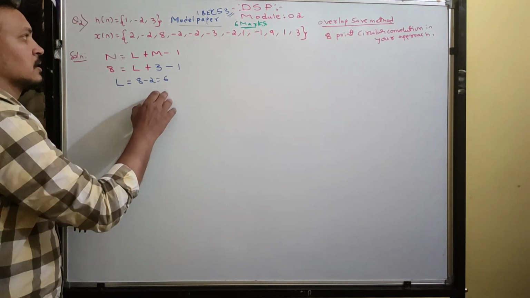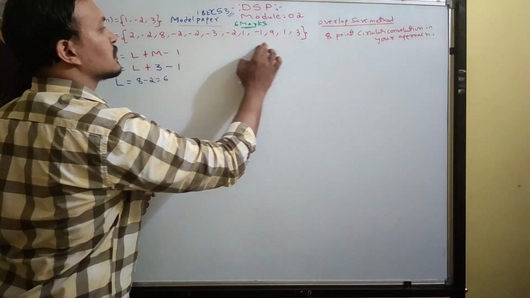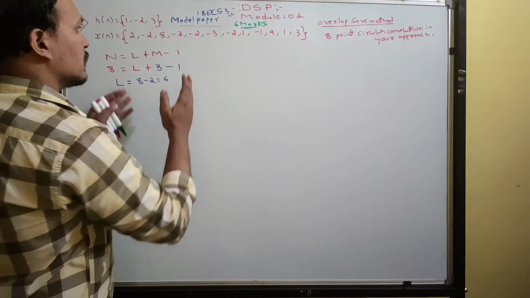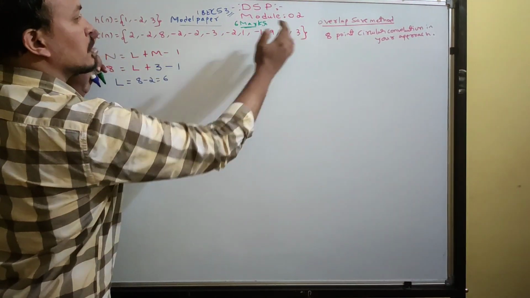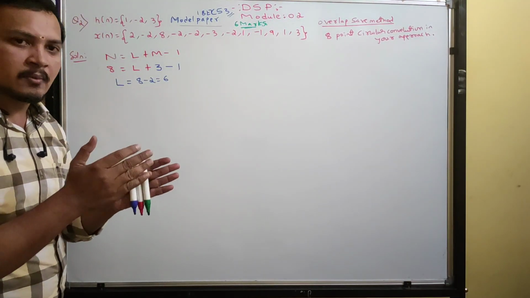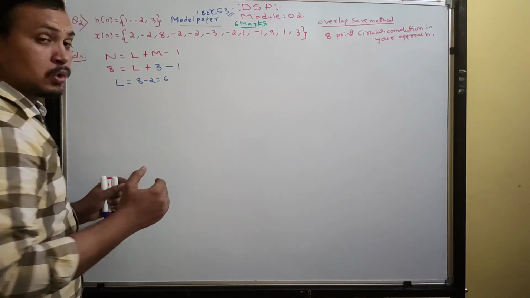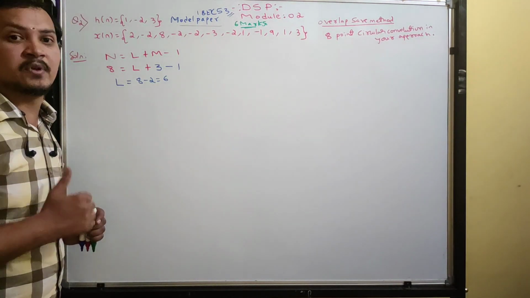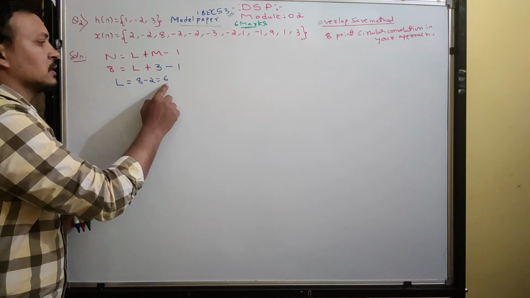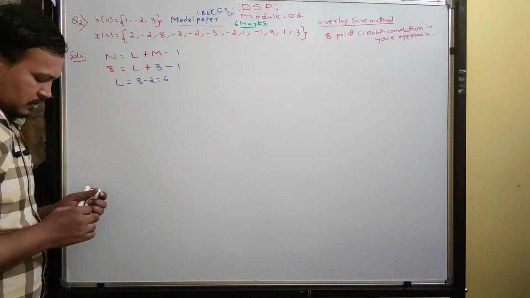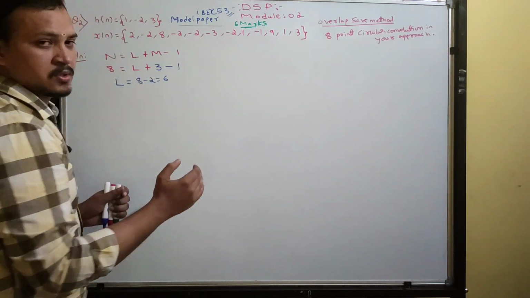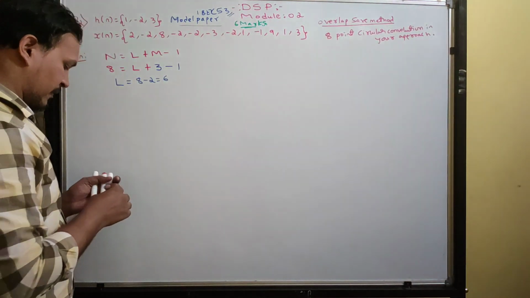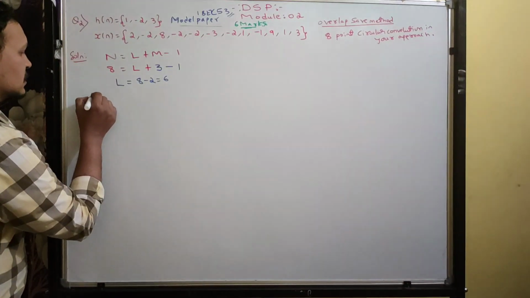It means that in this long data sequence you are making sub blocks, sub inputs. This is the overall input, and in that you are making a number of sub inputs. What is the length of each sub input? It is 6, so you should take 6 samples. You should divide the long data sequence into blocks of 6 samples. Fine. Next, h of n.